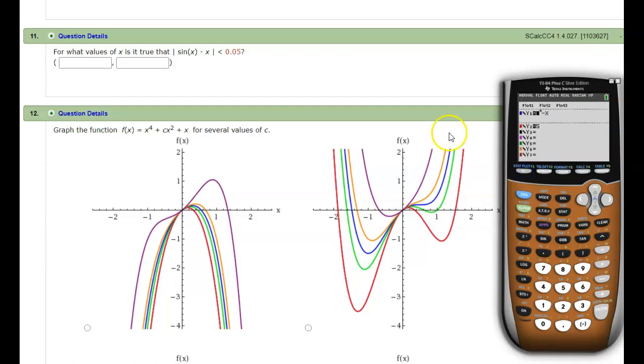So in y equals, for the problem number 11, you're going to put the absolute value of sine x minus x and then 0.05. So that's what you're looking at here. And you want to know what values this is true for. So you'll find the intersections of these 2 graphs. Just a heads up here, the absolute value can be found in 2 places. You can either go to math, number, and it's the first absolute value there, or you can go to second